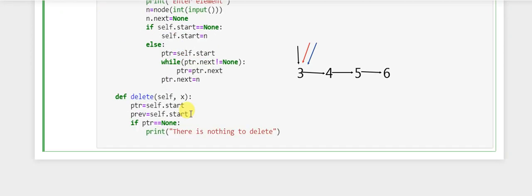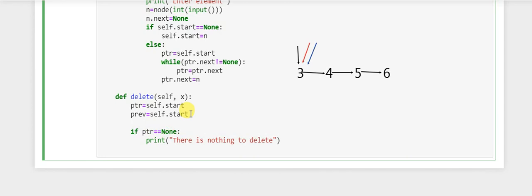In the other cases, we have to place the pointer at their appropriate positions. So we have to write the while condition here, while ptr is not equals to none, that is that ptr should traverse the whole loop and ptr dot data not equals to x.